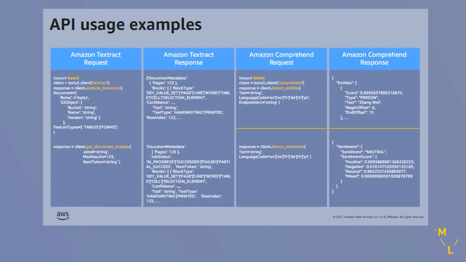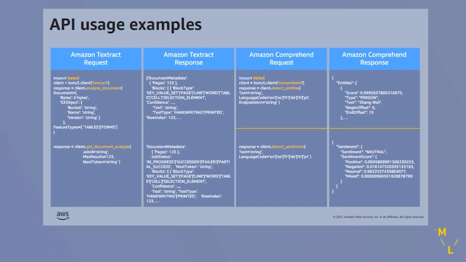So you pass, let's say, an image of a document, a JPEG file or a PNG file, or you can just refer to an S3 location where the document is situated. You're able to call this API, and this will run the machine learning model on that input document and give you the extracted content. This is a real-time usage of the API. If you want to use this API in batch mode, you can use the Get Document Analysis API.